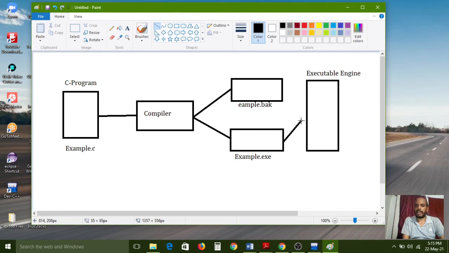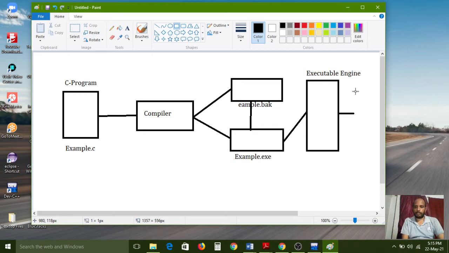This file can be used, and this example.backup file can support this .exe file. Understand? So then only we will get the output by the execution engine.